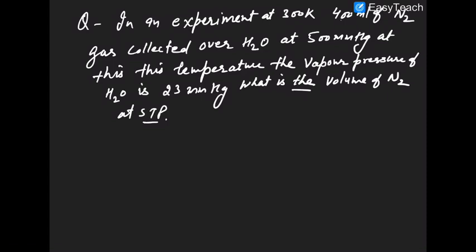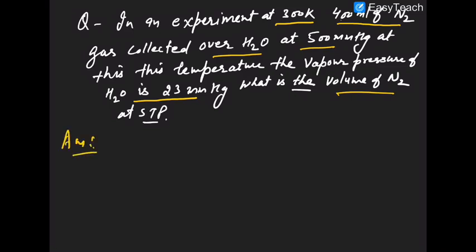In the question it has been asked that at 300 Kelvin, 400 ml of nitrogen gas collected over water had a pressure of 500 mmHg. At this temperature, the vapor pressure of water is 23 mmHg. What is the volume of N2 at STP? So what you will do,